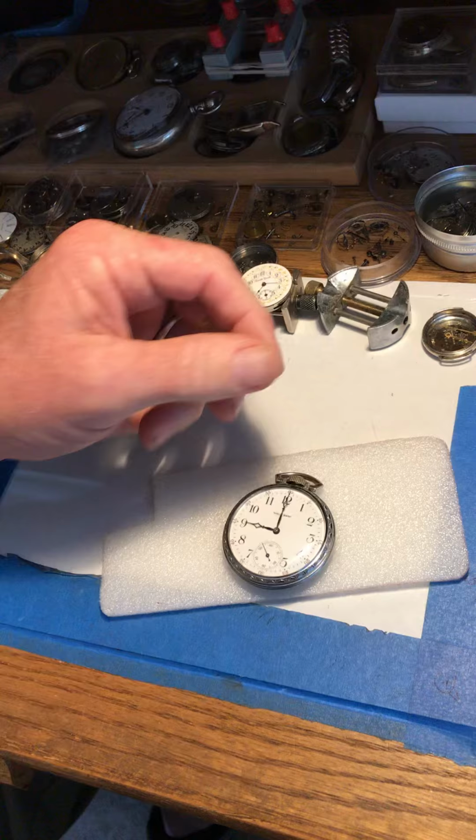and beautiful watch. So the next one we have is another Waltham, and I think I said the last one was a 16 size. This is a 16 size also, a little step up from a 12 size. This one's kind of interesting because this is a chrome plated case, and someone put, at some time in its life, a military looking type crown. So this is probably not original to this case. So anyway, you wind it the same way,